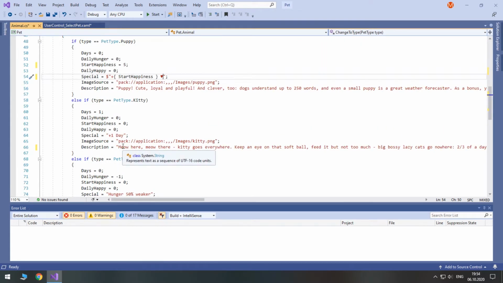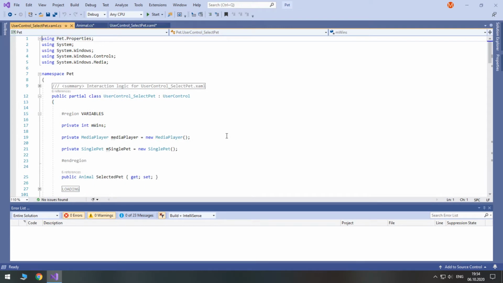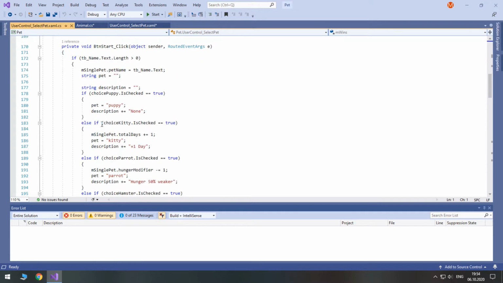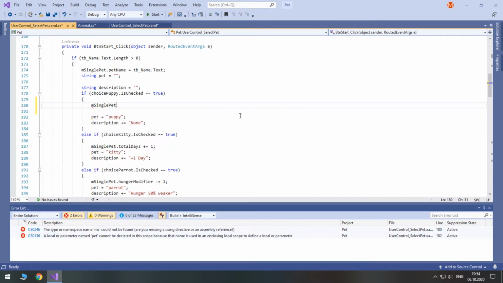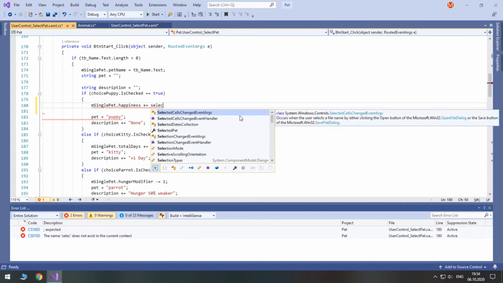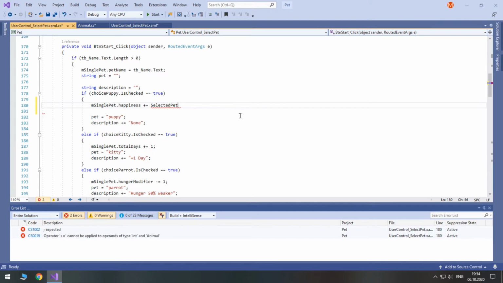Now next we also need to visit our code for this user control. So first of all, let's go to button start click here, and in addition to changing pet and description, we will also set the happiness of m single pet and make it plus equals selected pet, which is the instance of our class called animal, and we add its start happiness.